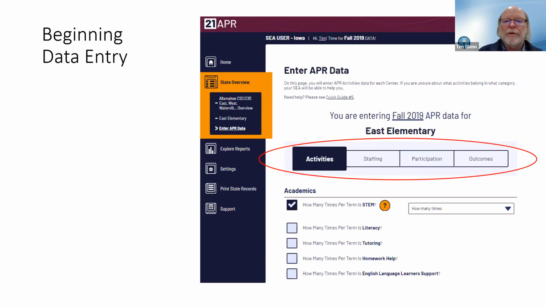So after that, then we begin to enter the data. So here is where I am going to this East Elementary School. Here are the different sections that we will be entering data. These are the ones that you will collect the data throughout the year and report during your reporting period. So the very first section is activities. So when we click on activities,